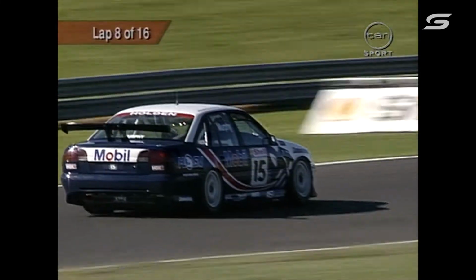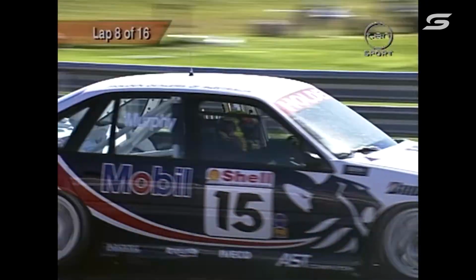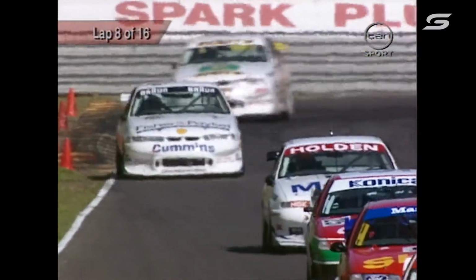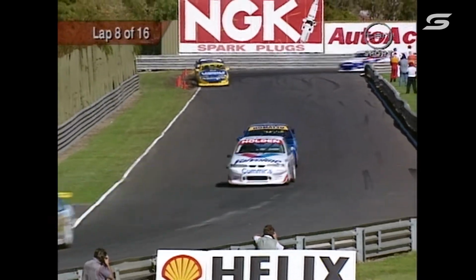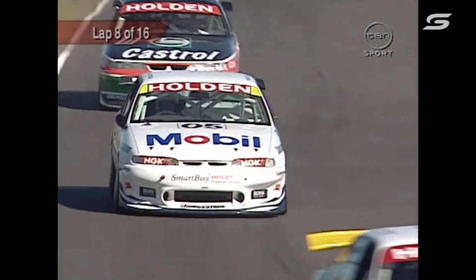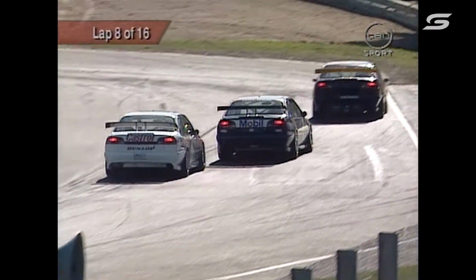He set a new qualifying record. He was on fire yesterday here at Sandown with a 1:12.21. He bettered Craig Lowndes' qualifying record. He did very well. I thought that may have been a sign he might have been odds on to break the lap record. He still could very well do that, Barry. Well, yeah, you've got to hand it to the Murph. He is really very, very good. After all the problems he's had, even here today in the first race, he's good. He's very good at getting sort of...